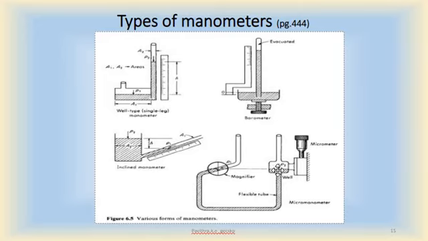And here the levels P1 and P2 are maintained, and the variations in this level are obtained or recorded by means of a magnifier. And the level P2 present here is noted down by this micrometer scale. That is why it is known as a micromanometer, due to the use of this micrometer here.